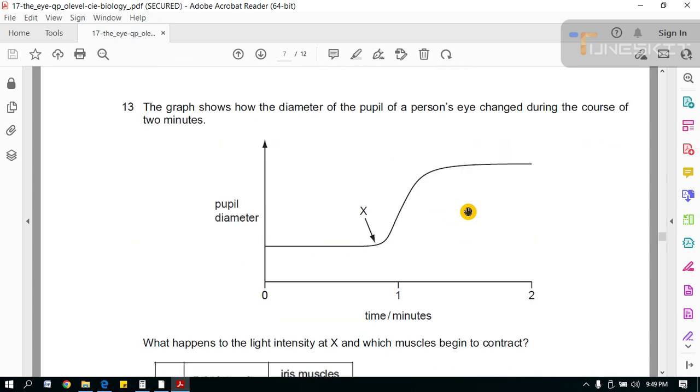Alright. Okay, now another MCQ: the graph shows how the diameter of the pupil of a